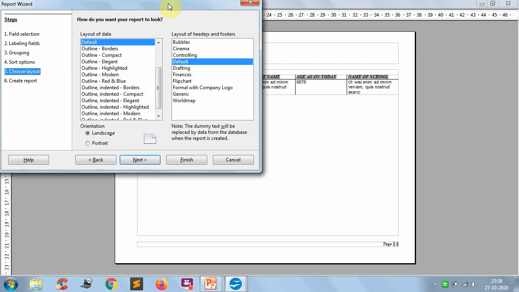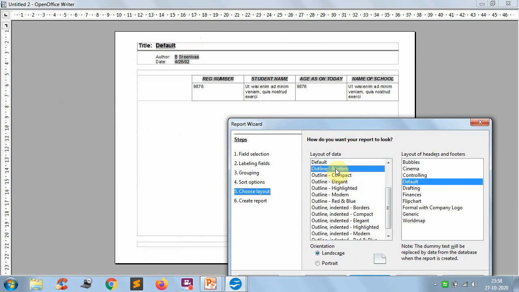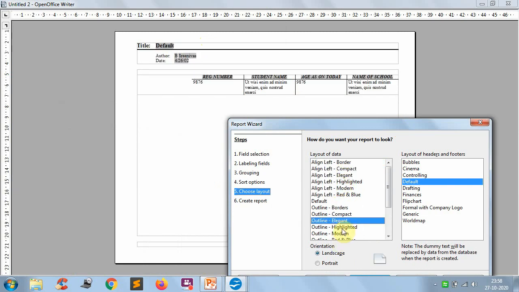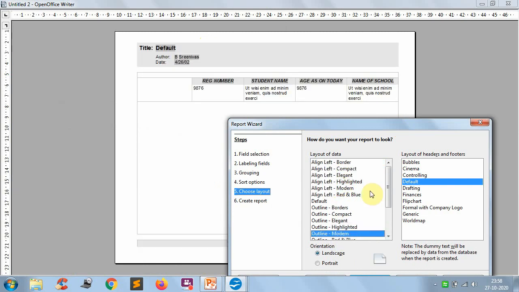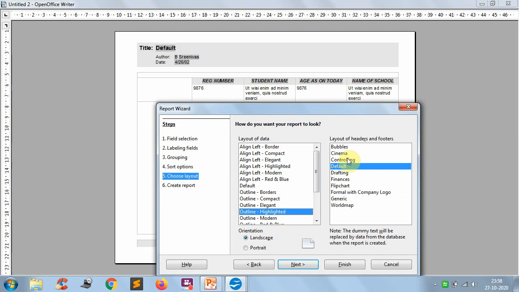After that, see this one, here your report will look like this. If you want to give any other designs, you can select the design. See this one, after selecting each design, its look is getting changed. This is one design, and I want to keep this design. This design looks good. See this one, if you carefully observe, in the table what is the column? REGNO, but it is showing registration number. There it is showing name only, but here I wrote student name. So like this you can keep this one.